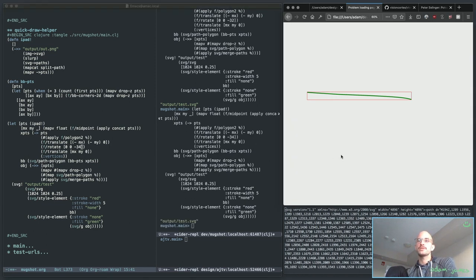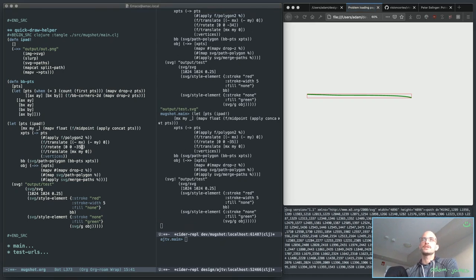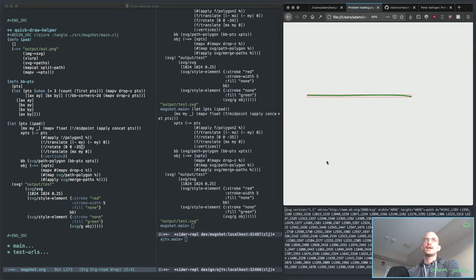Right, so I'm manually stepping through different degrees right now, and if I had to guess, something like 35.5 is right around the minimization of the height of the bounding box. Yeah. So my thought is